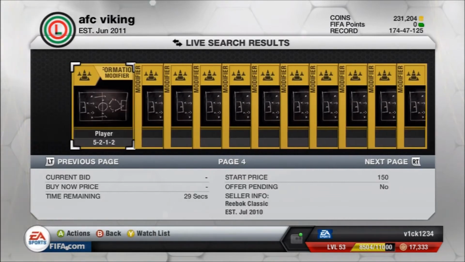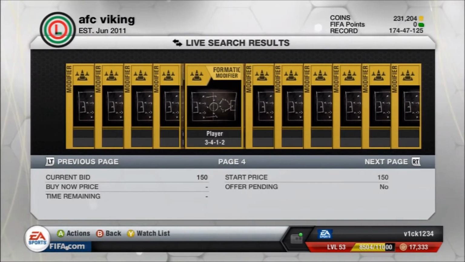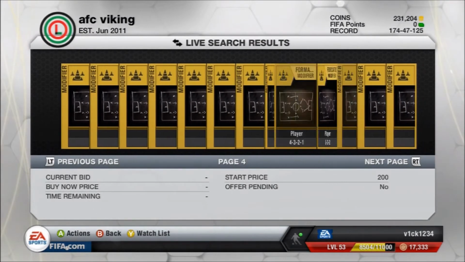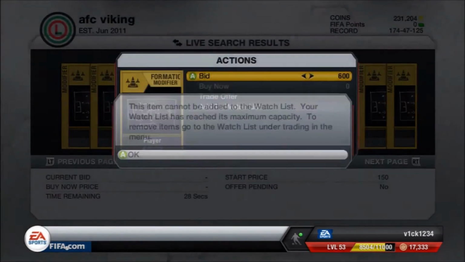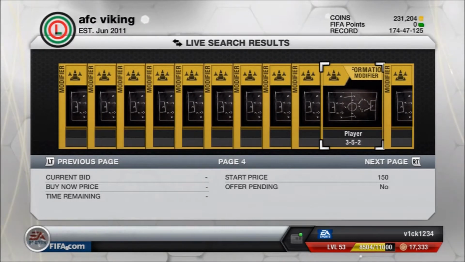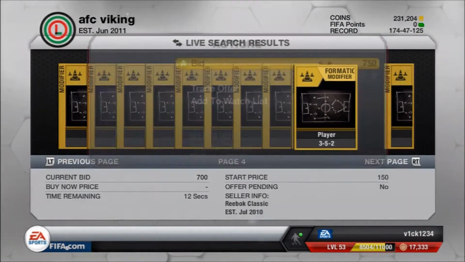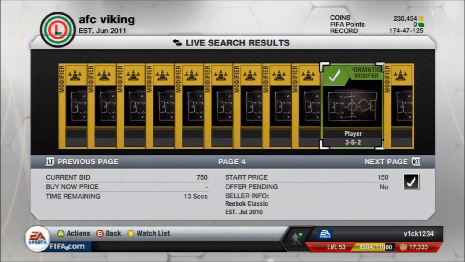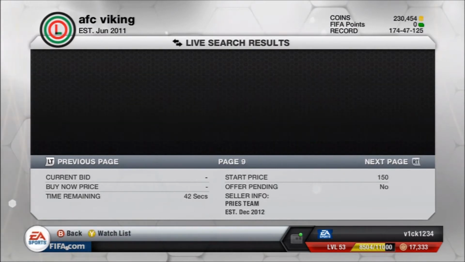But essentially, you want to be scrolling through and looking for any back fours. There's one there, and any 3-5-2 or any of the 4 at the back formations. And if you see them, you want to be getting yourself a bid on them, or at least putting them in your watch pile, but ideally put in the bid of the price that you would like to pay for them. The 3-5-2 works perfectly for this, because there's always loads of them on the market, but never necessarily priced